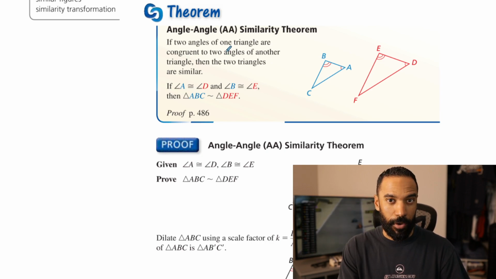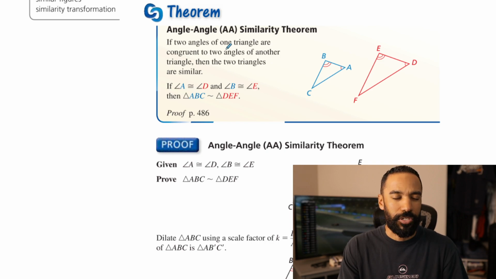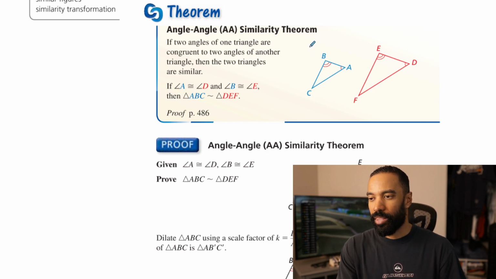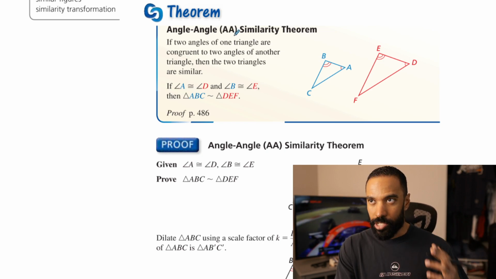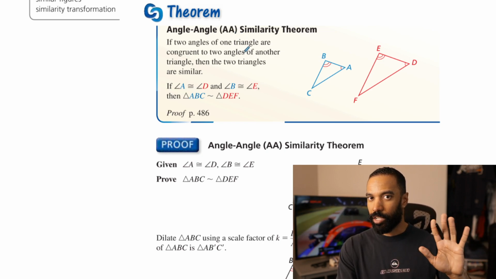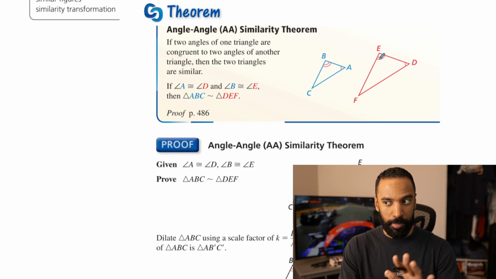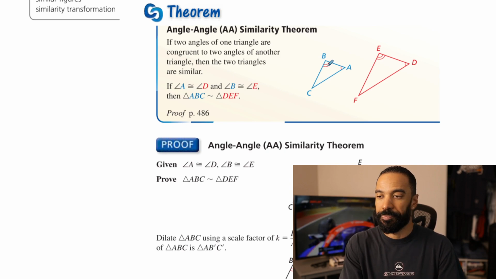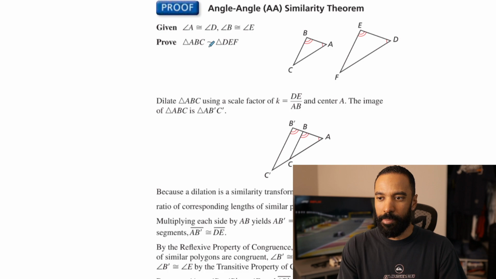Now, one more thing I want to make mention of. In the last section, I forget which section, it might have been the last one, but in one of the last sections, we were also really focused on talking about how in similar figures, corresponding angles are congruent, whereas corresponding side lengths are proportional. Remember that the angles should be congruent in those cases. That does make sense. Okay, let's take a look at their proof that they have for triangle ABC being similar